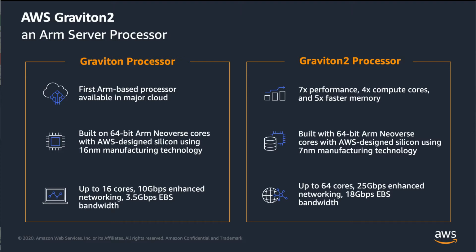At re:Invent 2018, AWS launched their first ever ARM-powered instances powered by the Graviton processor. These featured the ARM Neoverse cores and contained up to 16 cores and 32 gigabytes of RAM per instance. These were our first ever ARM processors and are built on top of the AWS Nitro system, which offloads many of the traditional virtualization functions to dedicated hardware. This hardware offload delivers practically all the compute and memory resources of the host to your instances for better performance